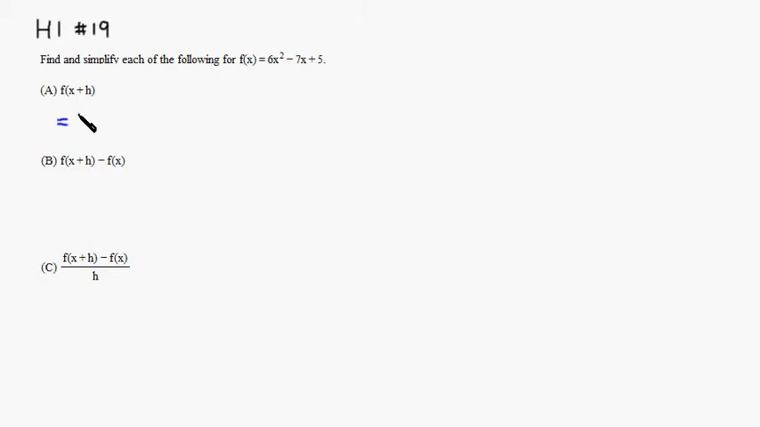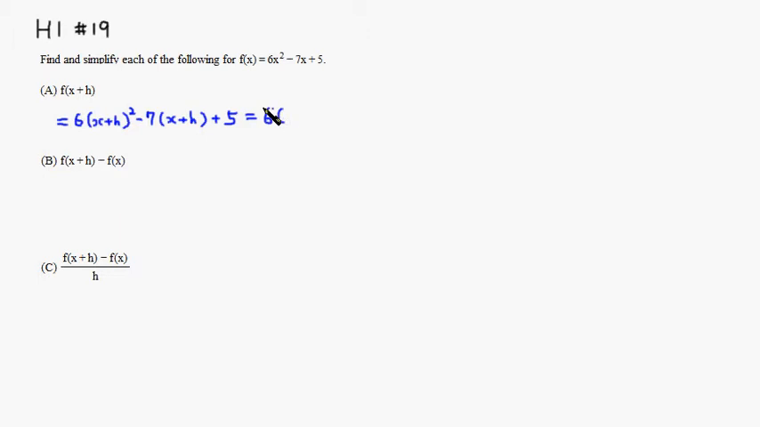you have 6, now I see x here, so you have x plus h squared, minus 7. Now I see x, so we put quantity x plus h. Then you have a last term, it's plus 5. So I'm going to go ahead and multiply it out. So this is going to be equal to 6,